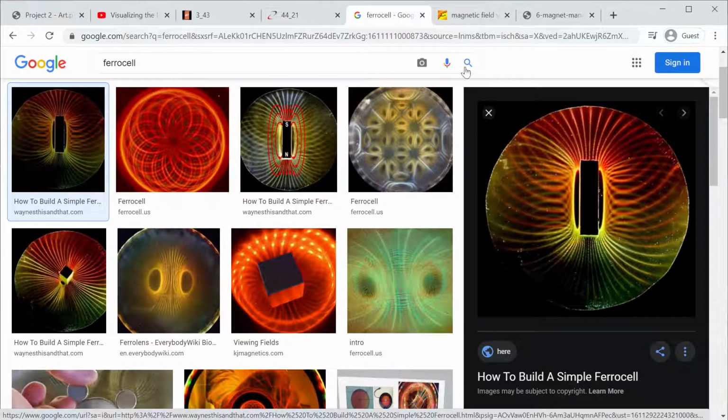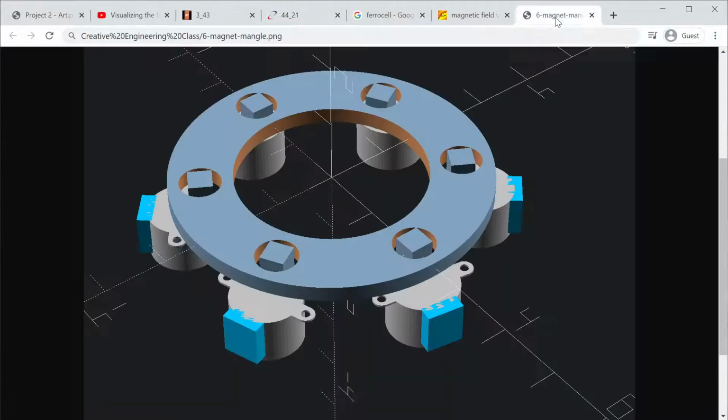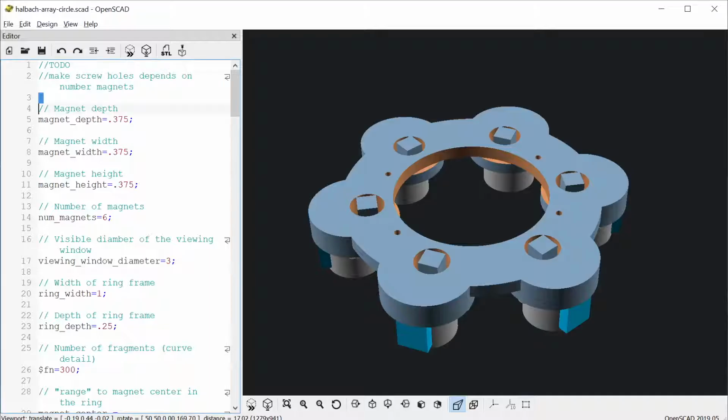And so then I threw together this design here in OpenSCAD. This one has 6 magnets. It's actually a configurable number of magnets, but using these little cube neodymium magnets and these cheap stepper motors, I think hopefully this will work. I don't know. The magnetic viewing film doesn't seem to be very promising based on my initial tests. And so I'm going to attempt the ferrocell as well, and hopefully